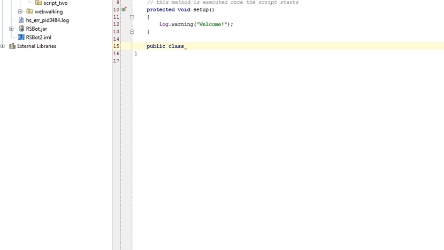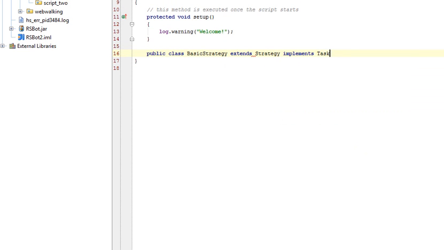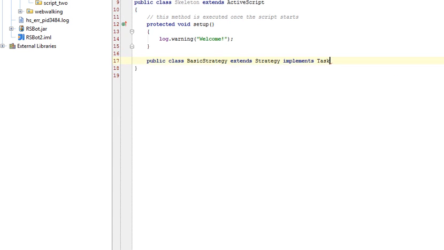Then you would have imports, of course. Then public class BasicStrategy. You need to make it extend Strategy and implement Task. And implement Task not from the sun package, but from org.powerbot.concurrent, the Task. Now, it will want you to add this method, public void run. But by extending Strategy, you can have another method to override, call it